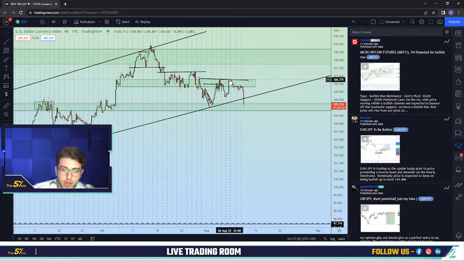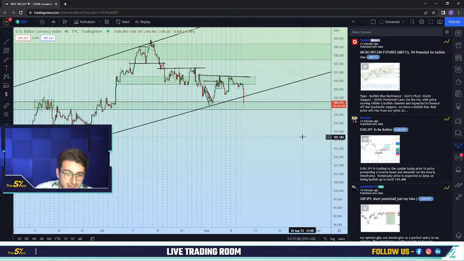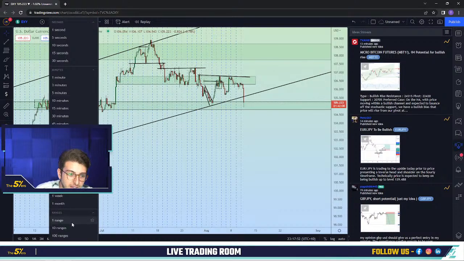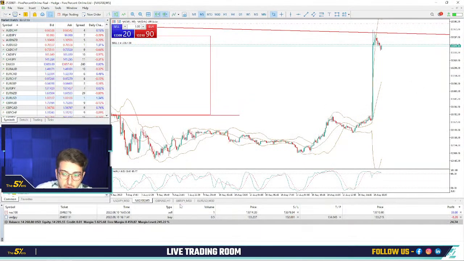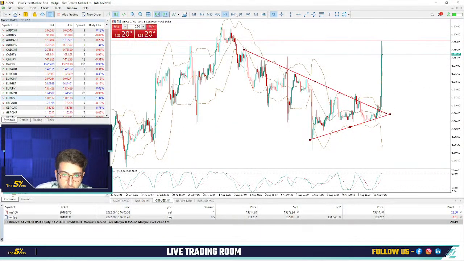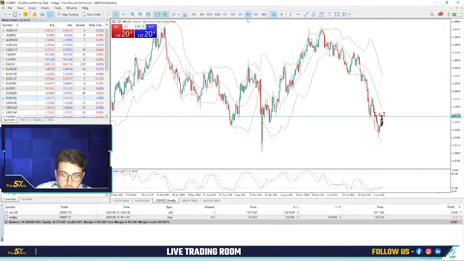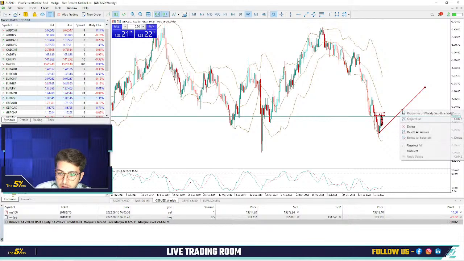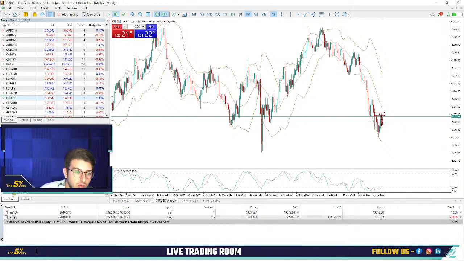I think economists or analysts can give you an analysis on the dollar for the next 10 years. But if I look 1 year ahead, I think the dollar can give a leg down. Here, for example, in the pound dollar, if you go to the weekly chart, I think in the next year we're going to see the pound dollar getting back to 1.28, around this area, and the same for the euro dollar. The euro dollar can go back